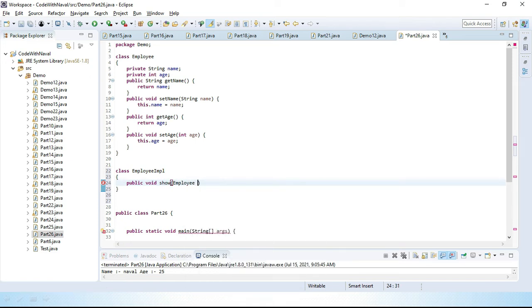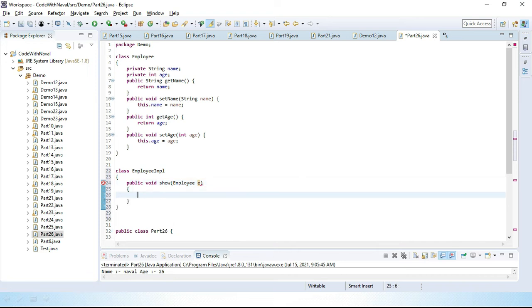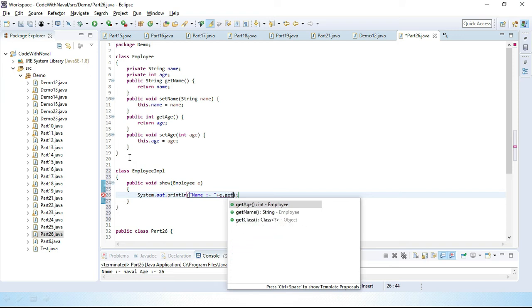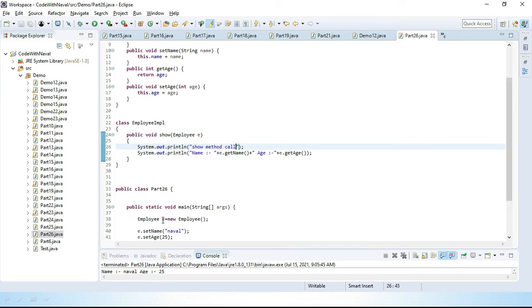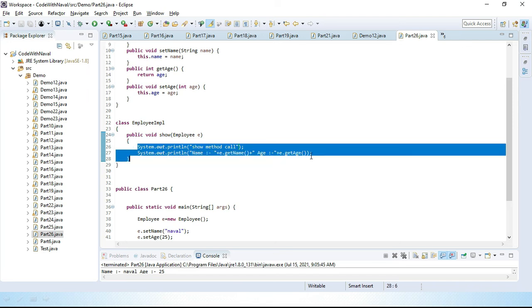Okay, employee e, I'll define here employee e, and here print those variables. Print name, e dot get name, then age, e dot get age, and here we print one more line, syso show method call. So what I want is to pass this object to this show method, and print those two data here.